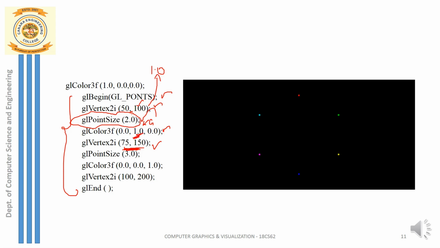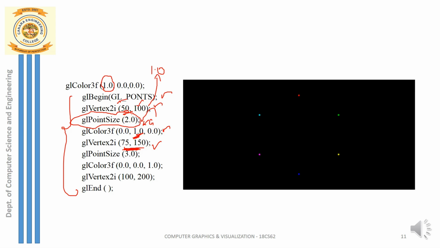The very first point that I'm drawing has a color which is set before drawing this vertex. It is red color. So this red color will be chosen for drawing the very first vertex, but the default size for that is 1.